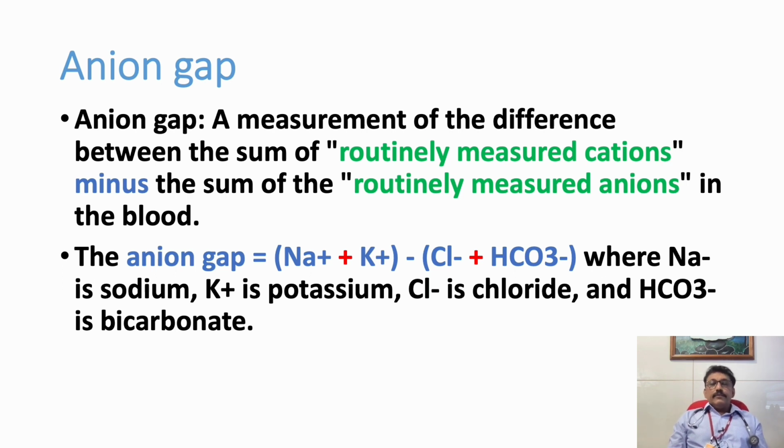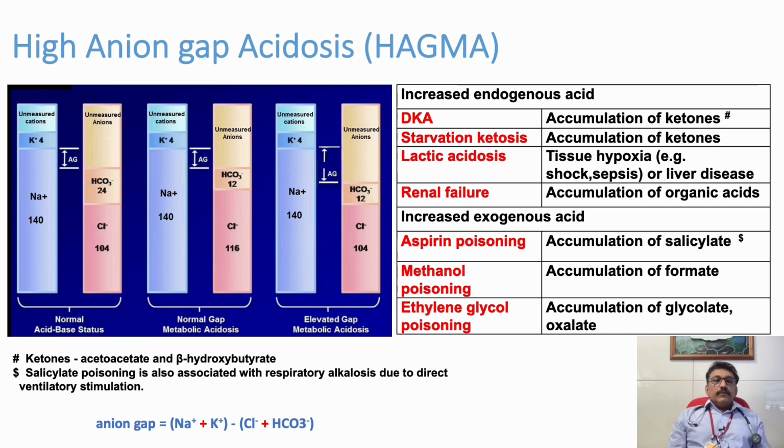In an ABG itself, you can get sodium, potassium, chloride, calcium, all electrolytes and minerals, in most of the newer ABG machines. So you can calculate it: sodium plus potassium, that is the measured cations, minus chloride plus bicarbonate, the measured anions. So you can see the difference. If the difference is very high, then that is unmeasured ions. So the anion gap should be calculated from these values, which are available in the ABG itself in most of the newer ABG machines. So we will see what are the common conditions which produce HAGMA, or high anion gap